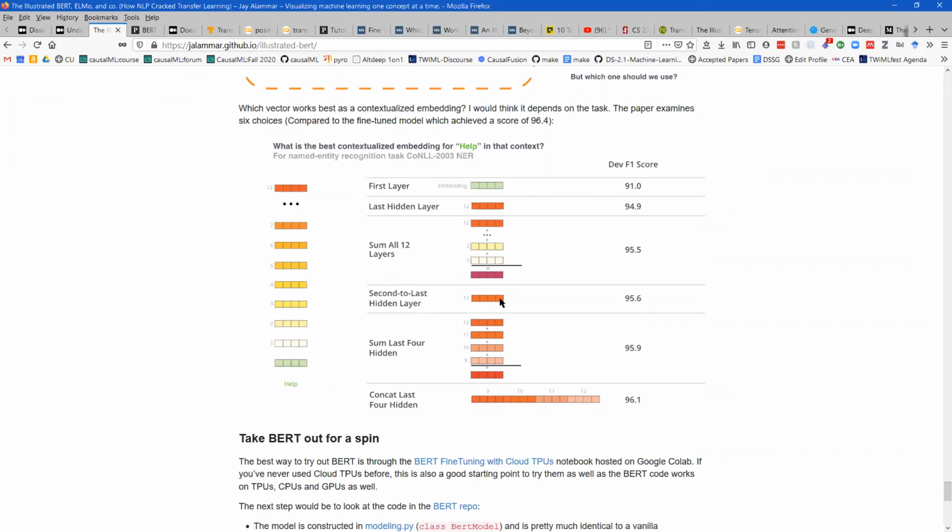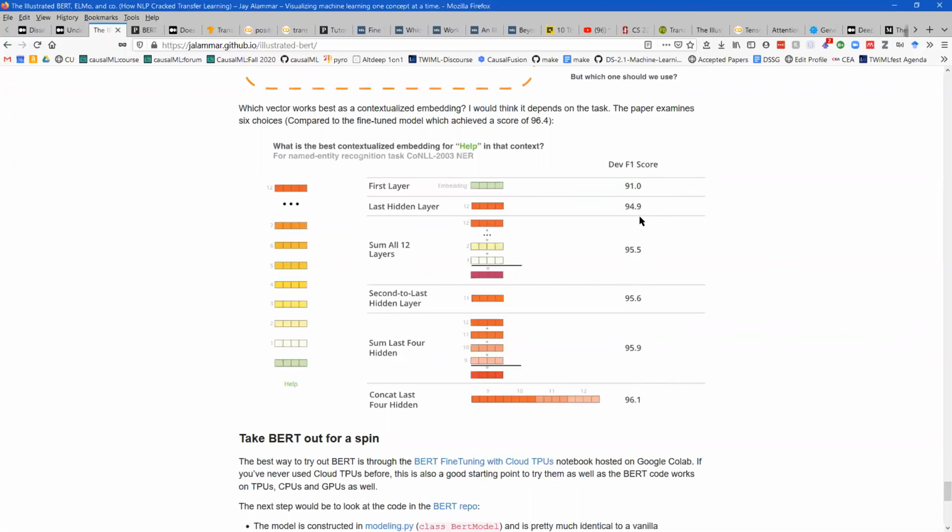Just use the second to the last one. All 12 layers. Just use the last one. Just use the first one. And then he gives F1 scores. I'm not sure what dev means, but I guess you can see that